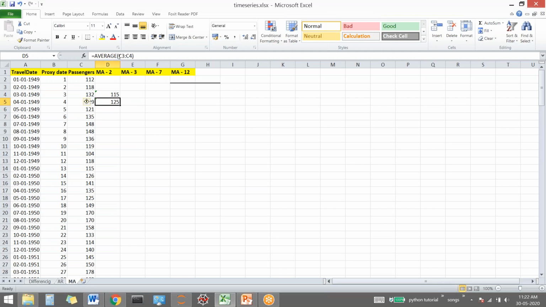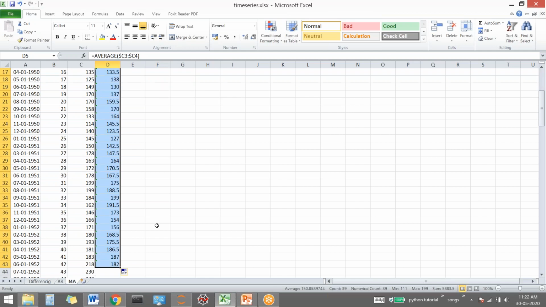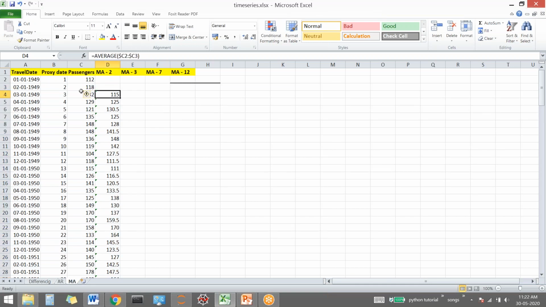See, now let me just, by this I'm just making values constant so that if I use a drag and drop, I'm able to get the values. You see, these are my predicted values when we are using the concept of moving average. That is using these two values, मैंने क्या predict किया है? ये वाली value predict की है. Using these two values, I have made prediction for this value 125, and using this 132 and 129, I have made prediction for this 130.